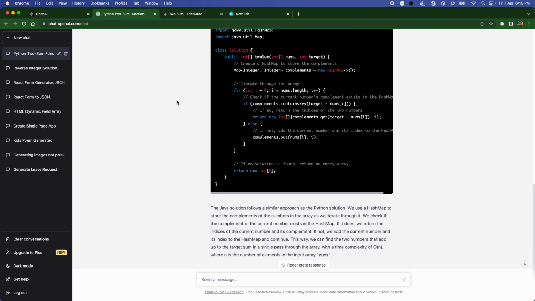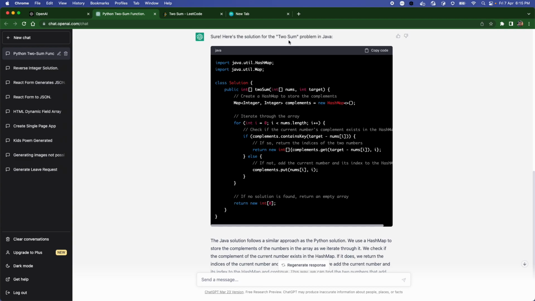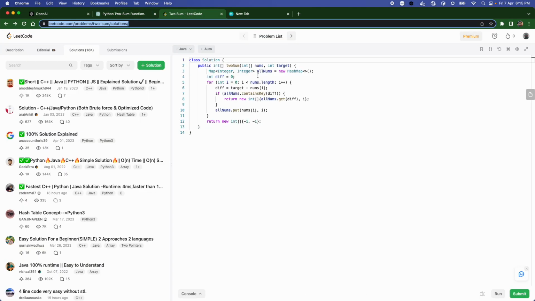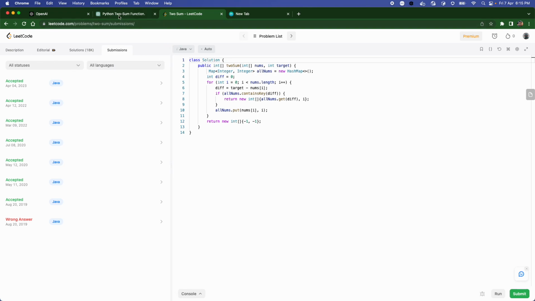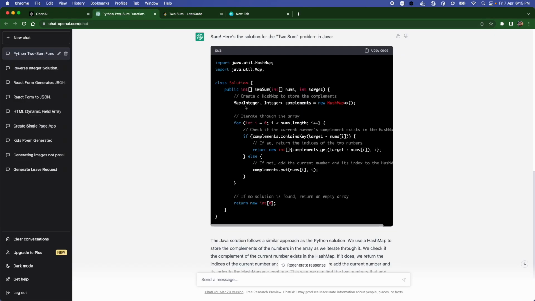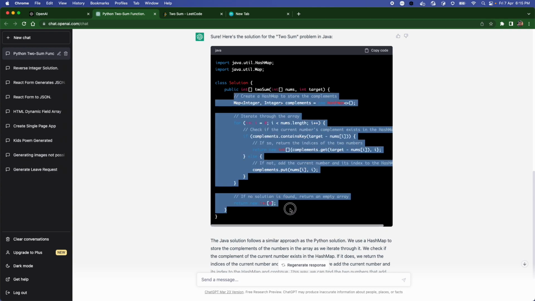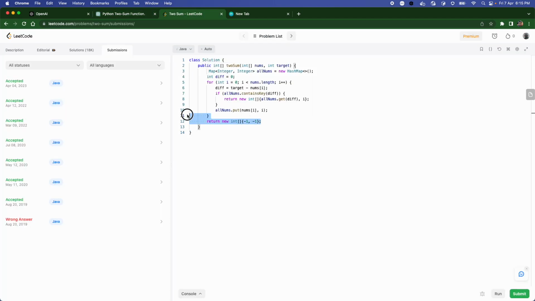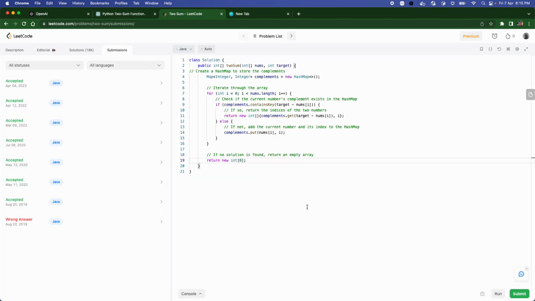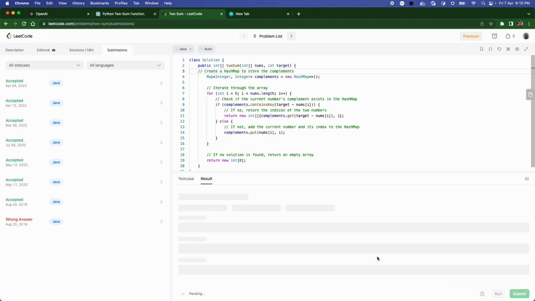Now, we have seen that it has solved this problem, so let's make sure whether it is correct or not. And if it is correct, how is the behavior, like how much memory it takes and how many people it beats in solving this problem. So what I'll do is I'll just copy the internal logic of the problem and go there, replace it, and run it.